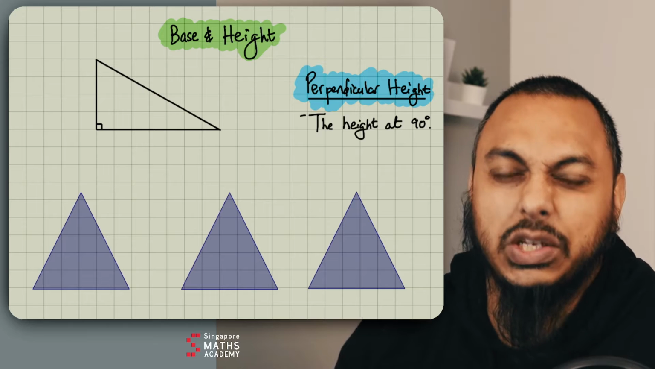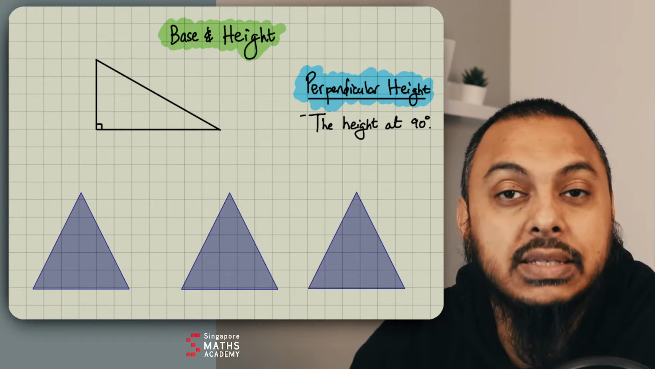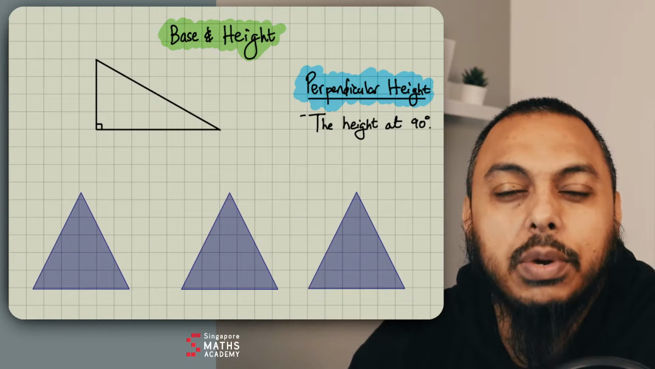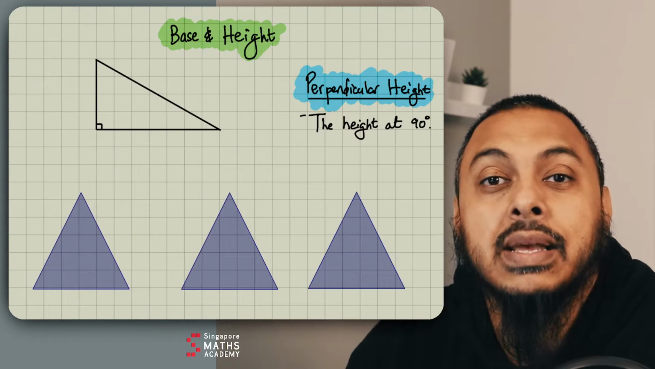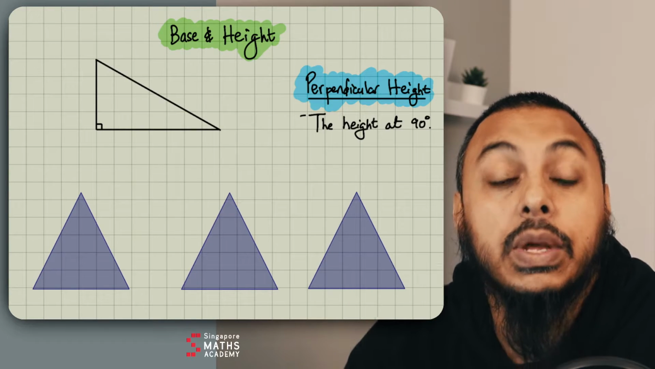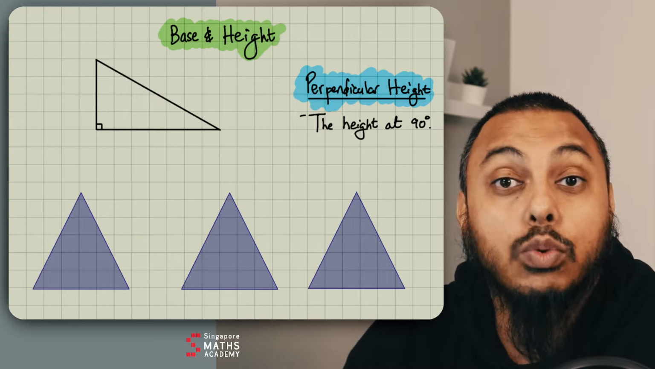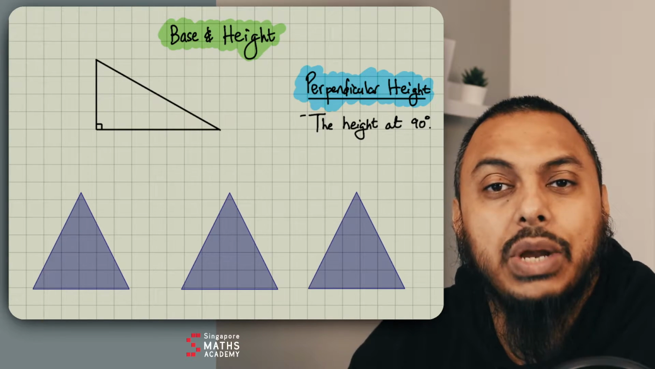Nothing that special actually. We use height and perpendicular height every day whenever we measure height, but we probably don't use the word perpendicular height. And all it means is that it's the height at 90 degrees, right? So when we have any measurement, like for example our own height, we need to measure it at 90 degrees,